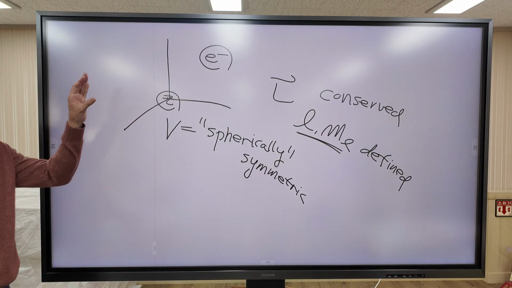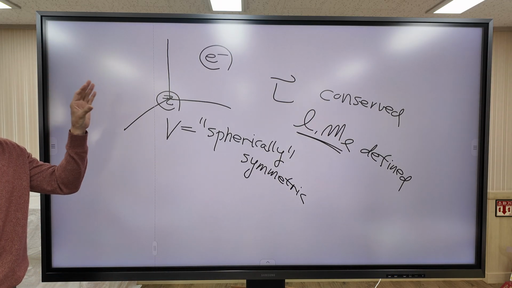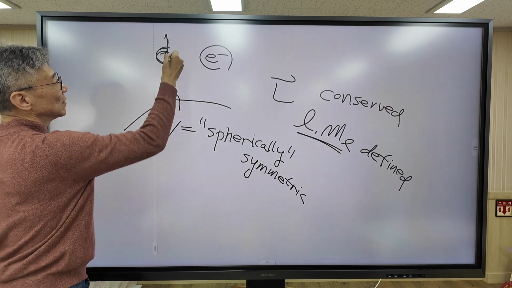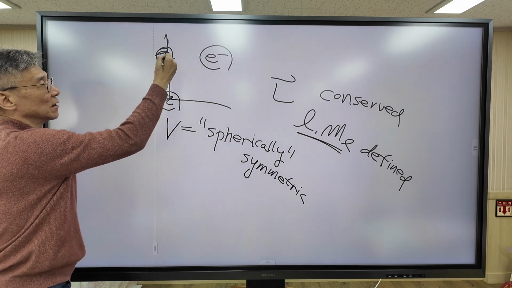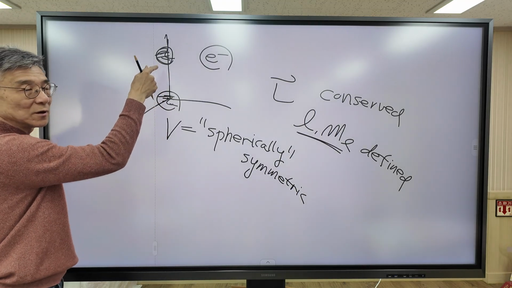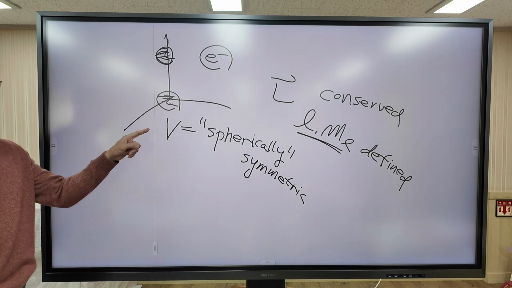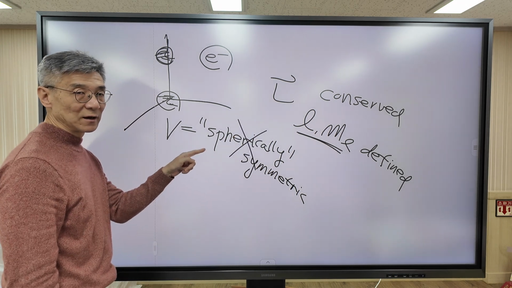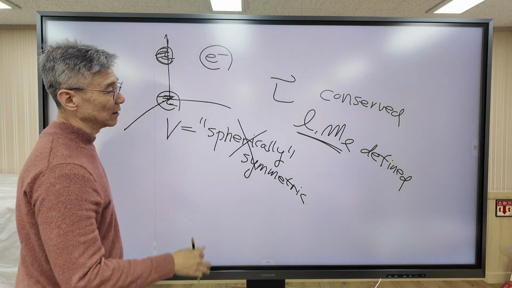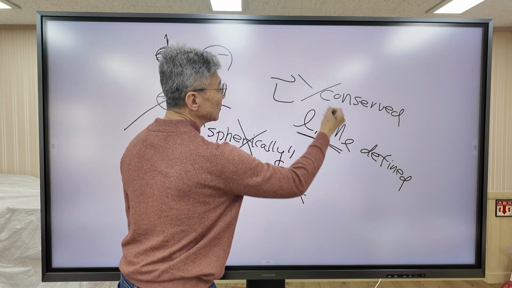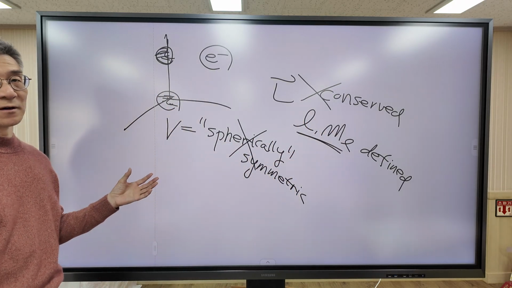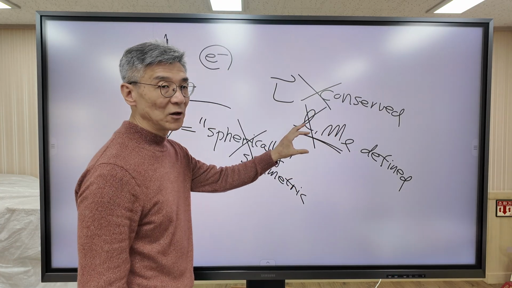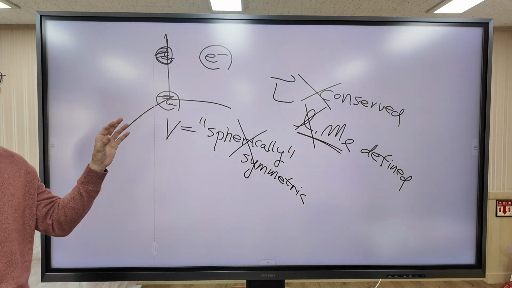Now, this is an atom. Now, how about a diatomic molecule? In a diatomic molecule, another nucleus is on the g-axis. This is the diatomic molecule. Then now, the potential is not spherically symmetric, right? Then now, angular momentum is not conserved any longer, right? So we cannot define the angular momentum quantum number any longer, right?